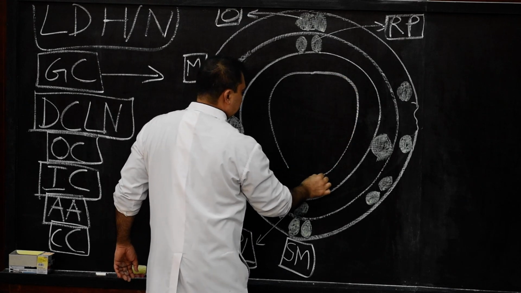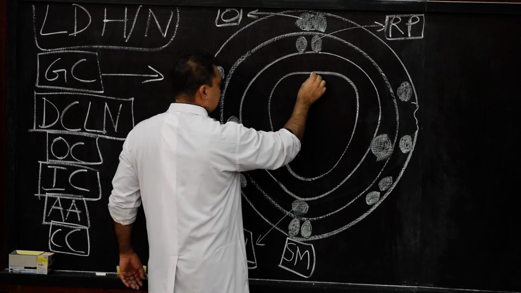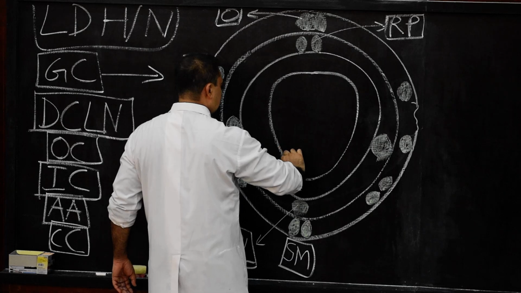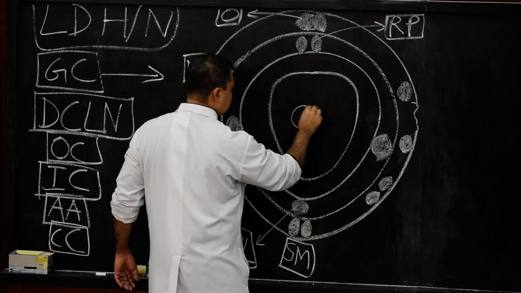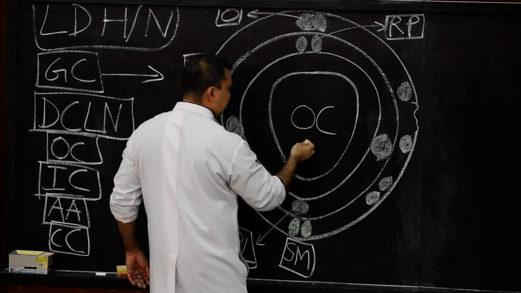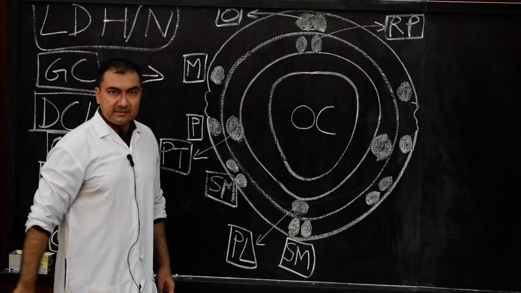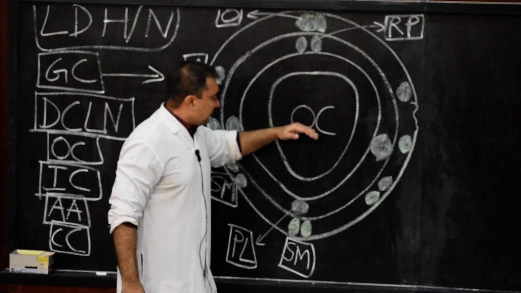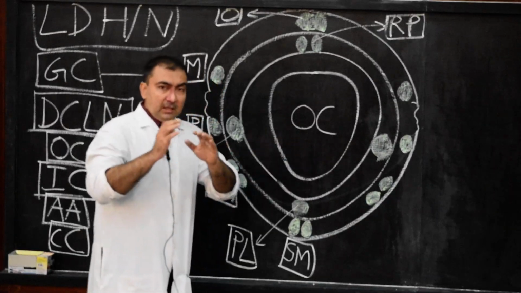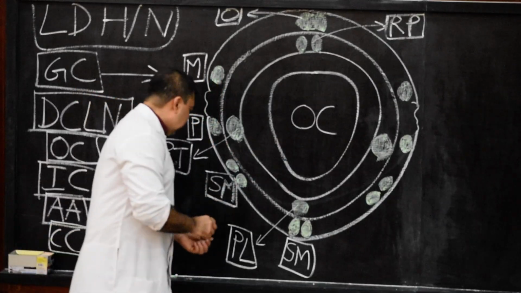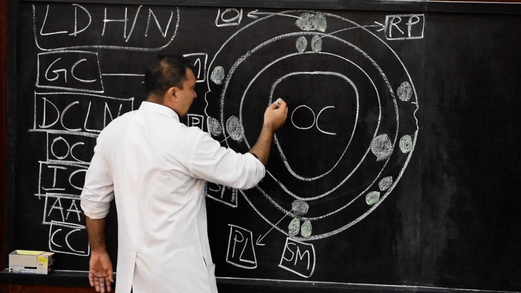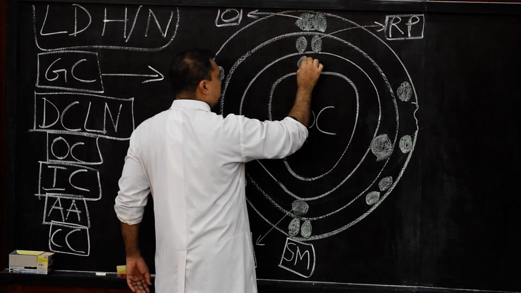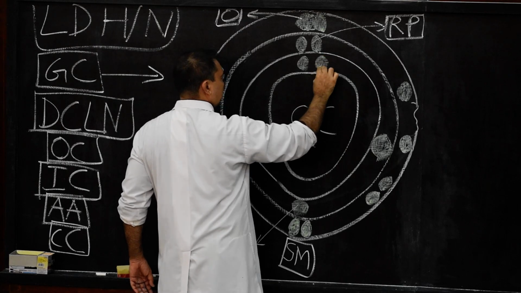This is where I show another ring. This is the interior of the oral cavity. Now suppose you consider this the interior of the oral cavity where the tongue is there, soft palate is there. In the roof there is the hard palate and soft palate. In the floor there is the tongue. Now this Waldeyer's lymphatic ring we start with, we can show here deep inside in the roof and posterior part